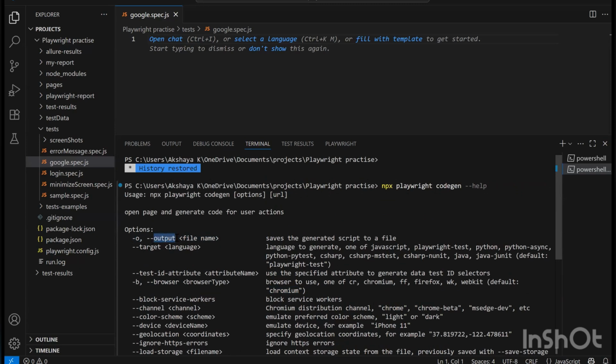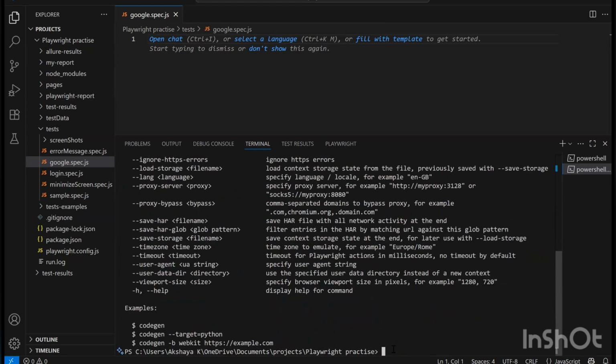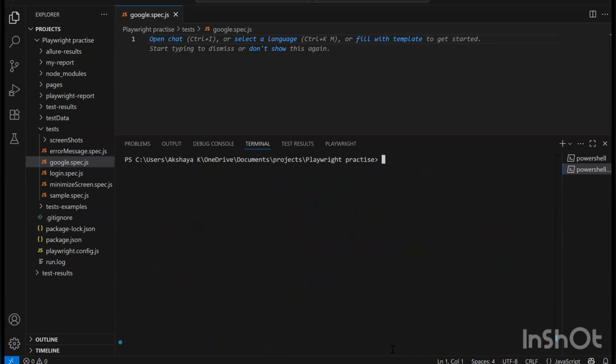So I will show you how this command works. If we want to store the output in a particular file, earlier I gave this google.spec.js file, but using this command, Playwright will automatically create a file and store our test scripts there. So let me show you how to do that. First, I'll give clear so that we clear all the commands. Okay. So I'm going to give npx playwright codegen,